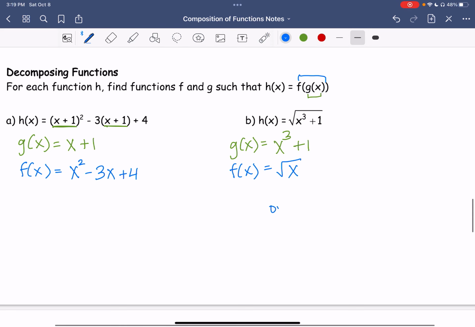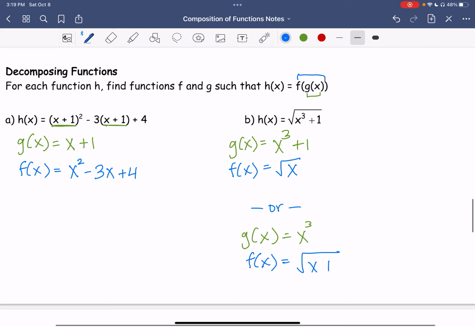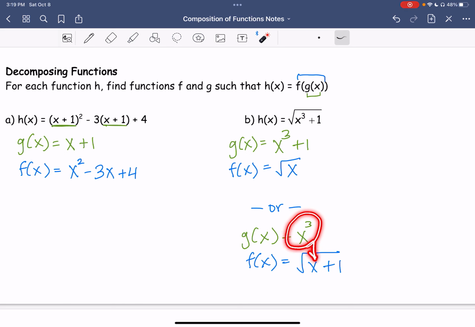Another option that we could have done as well is make g of x just x cubed, and then f of x could be the square root of x plus 1. Okay, because if you plug x cubed into x, then that's how you can end up with x cubed plus 1, because you plug in and replace the x with whatever g of x is equal to. Okay, so those are two options. There might be more, but it just depends what the question is. Okay, moving on